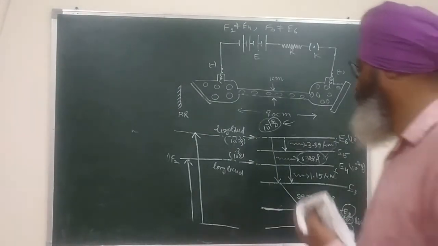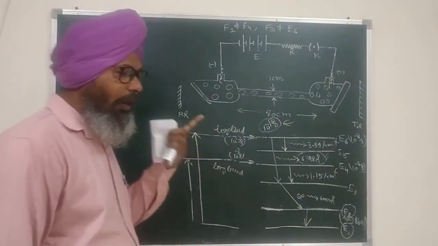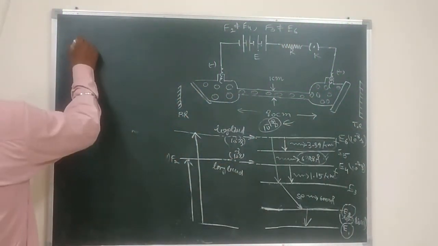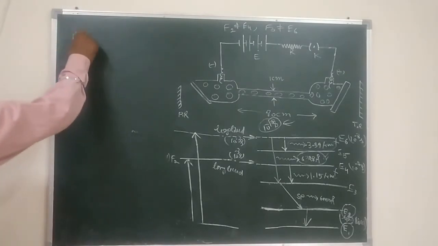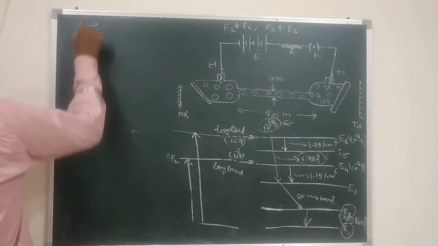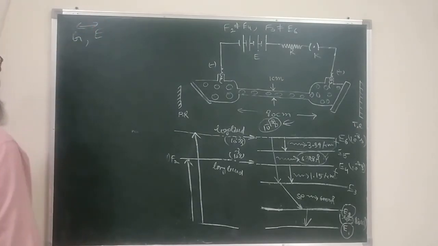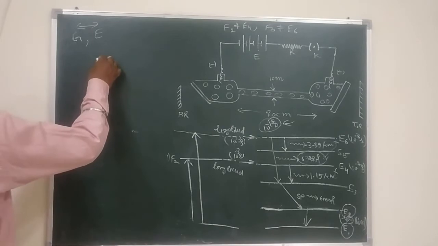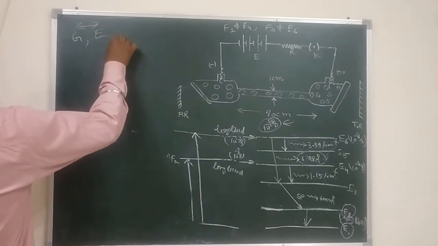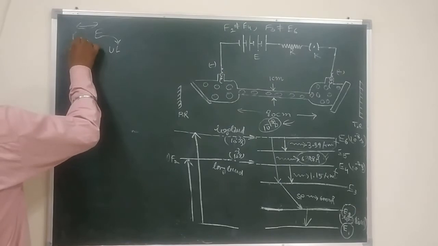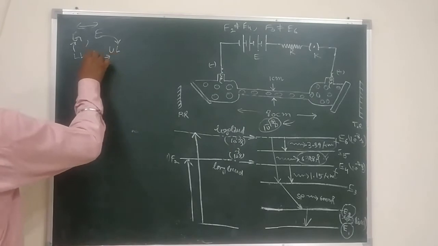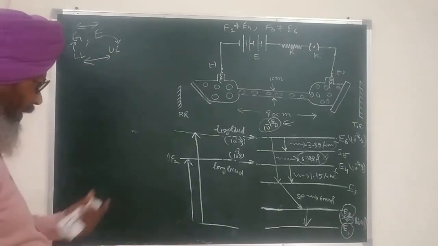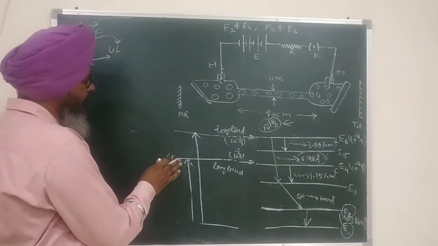Now let us check whether it is a 2-dimensional or 3-dimensional or 4-dimensional laser. We know that in every laser we have 4 distinct levels. One is the G level, the ground level, and another is the E level. Actually the pump is fixed between these two levels, so the pumping mechanism takes the atoms or molecules or ions from G to E. Then another is the UL level, just below G, and the other is the LL level, just above G. And the laser action takes place between UL and LL. All that you have studied in my previous lecture.